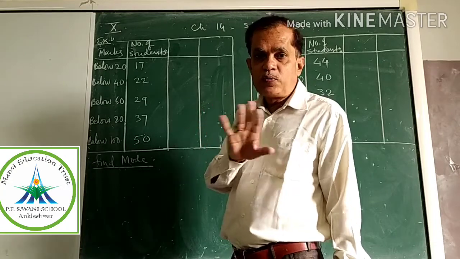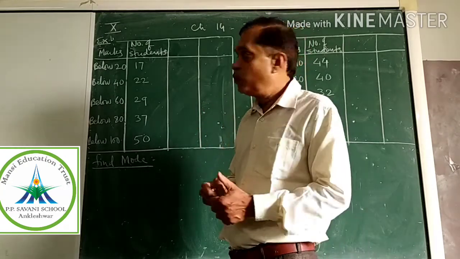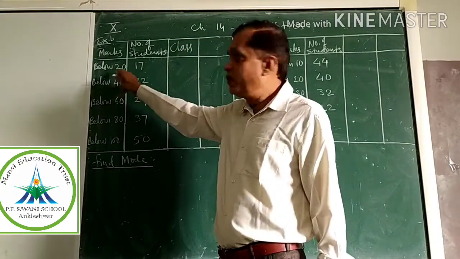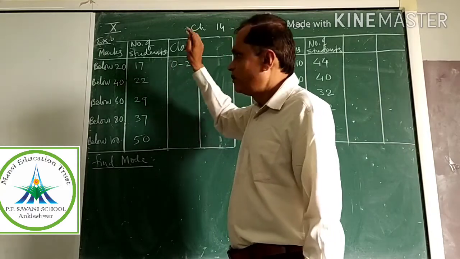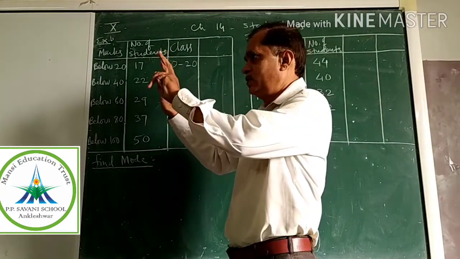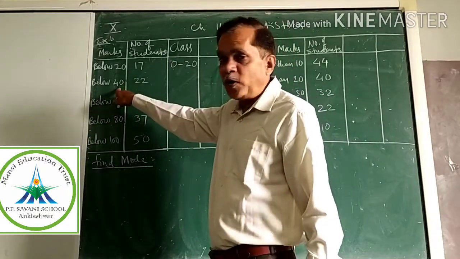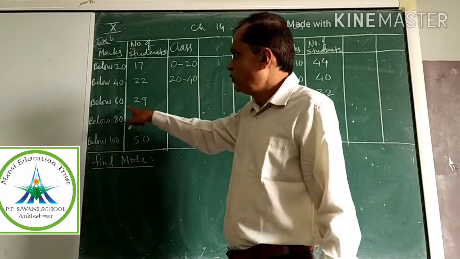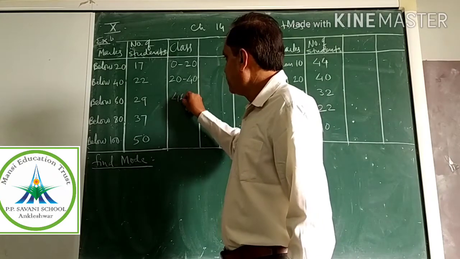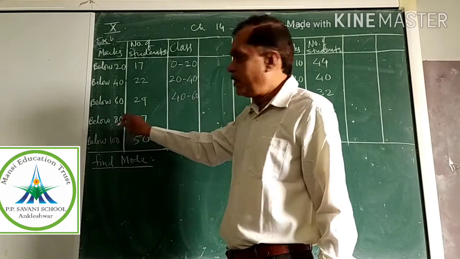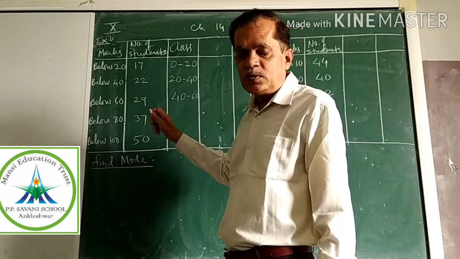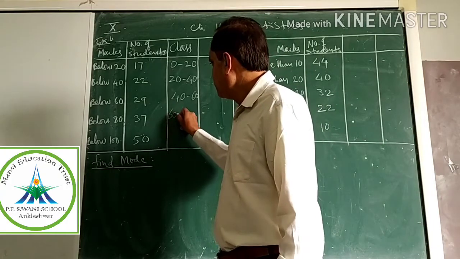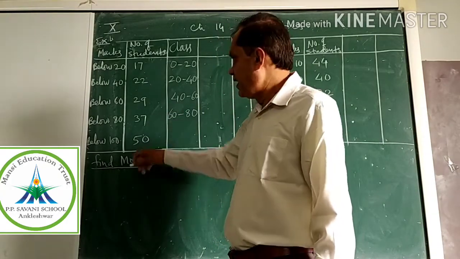Okay, so it's obvious, you understand it. What is the size? So I am writing the first class. Let's see. If below 20, it will be 0 to 20. Right? Then below 40, that will obviously be 20 to 40. Below 60, 40 to 60. Below 80, anyone please speak yourself. Yes, very good. Some students must have spoken. Then 60 to 80. Then 80 to 100.